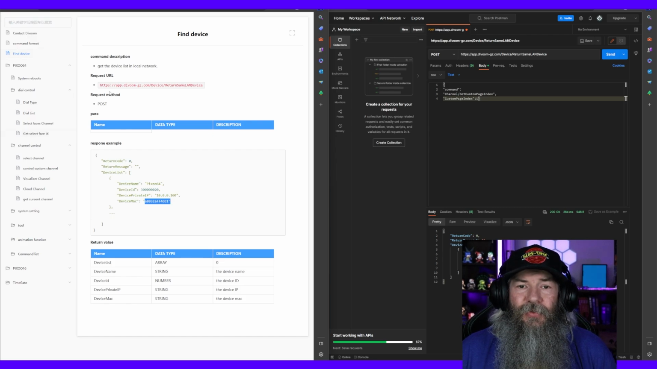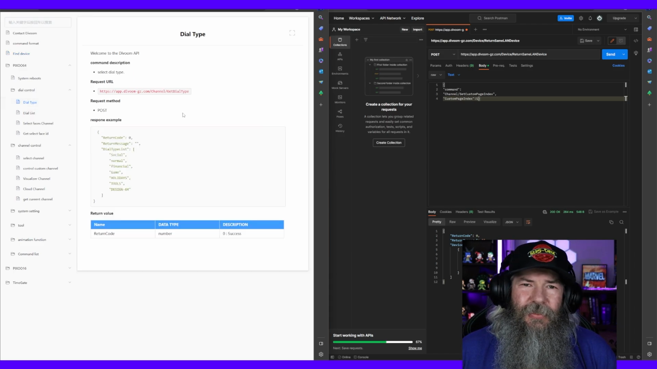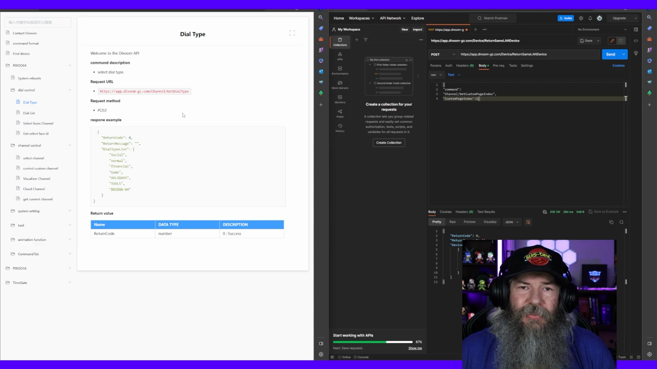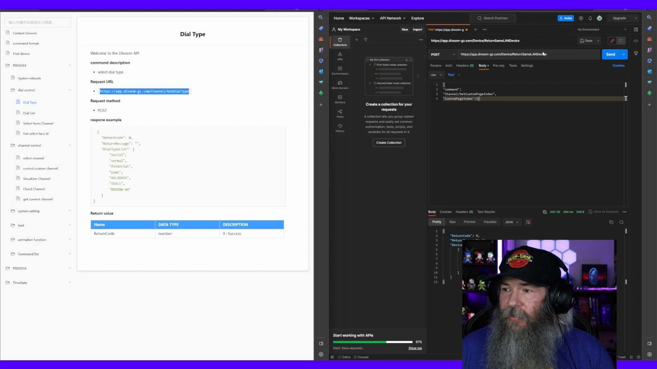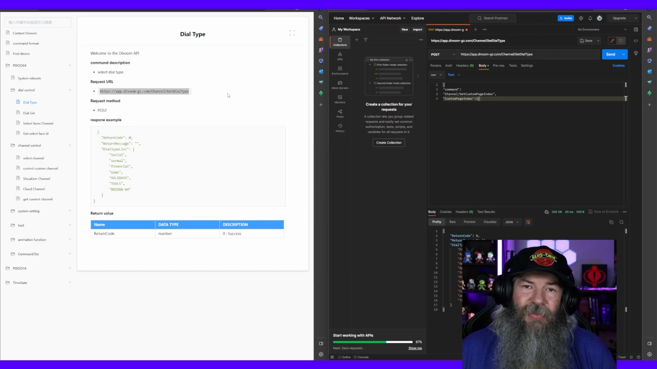So we copy that, and then we'll go into the Divoom 64, and this is kind of like everything that the Divoom 64 does. We'll start off with dial control, and then we'll get dial type, and this is the different face IDs they have in the Divoom app itself. So if we come over here, we'll copy this and paste this into the Postman. We'll send it, and it's basically going to spit out all your list of clock faces, dial types is what